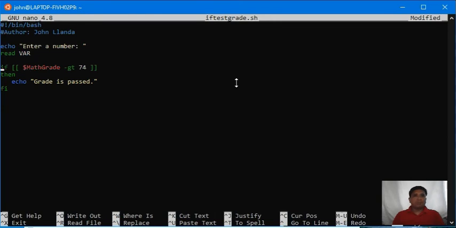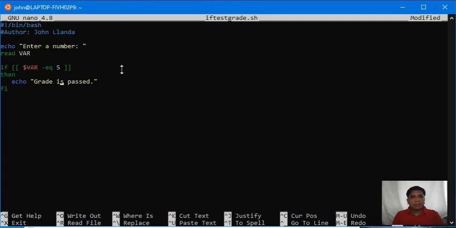In using the if statement, the keyword should be all lowercase, if, followed by, in this format, the double open square bracket, and then the condition. Since we use var as the variable, we will use dollar sign var, then -eq,